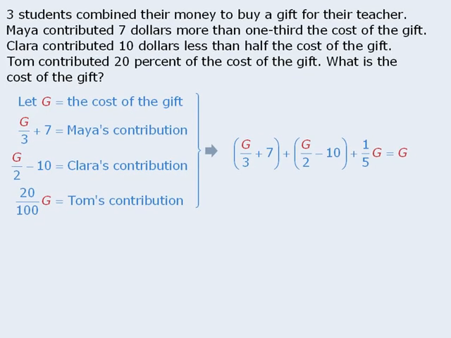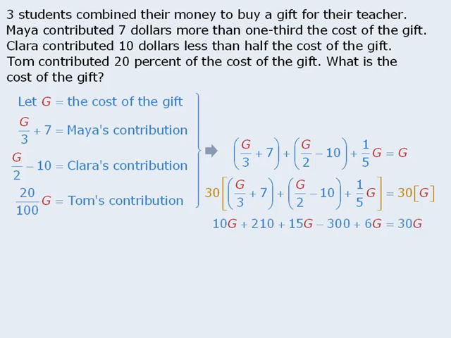First, to eliminate the denominators here, we can multiply both sides by 30 to get the following. Then we will simplify the left-hand side, then subtract 31g from both sides, and then divide both sides by -1 to get g equals 90. Now the question asks us to find the cost of the gift. So since g is equal to the cost